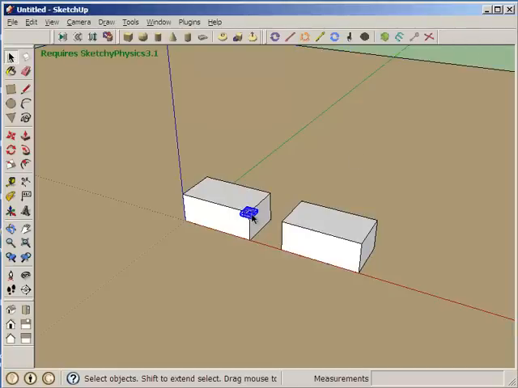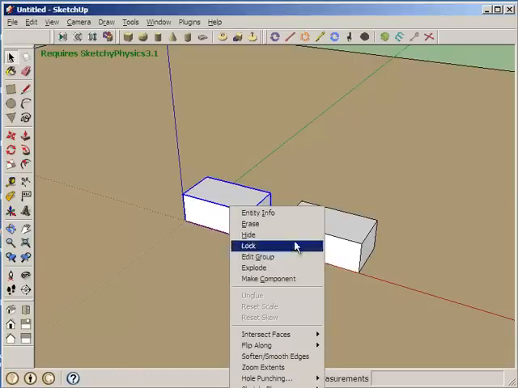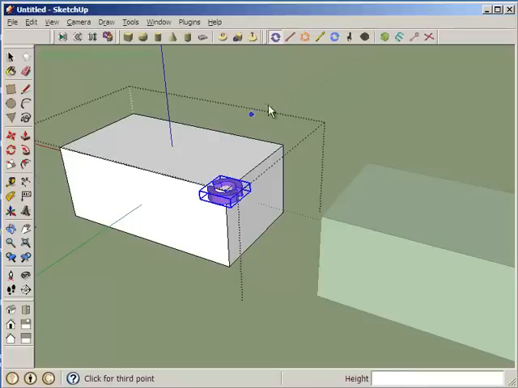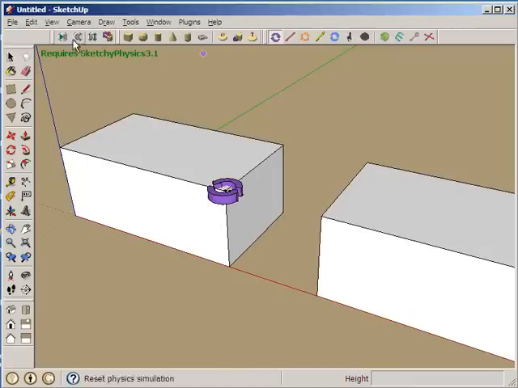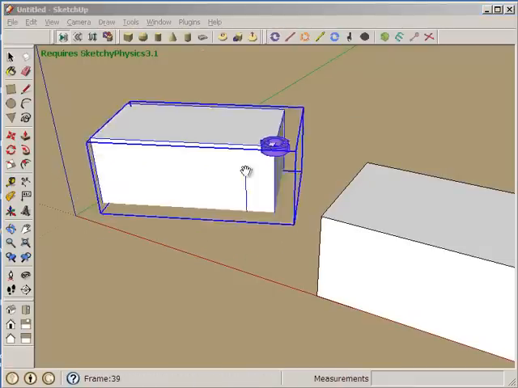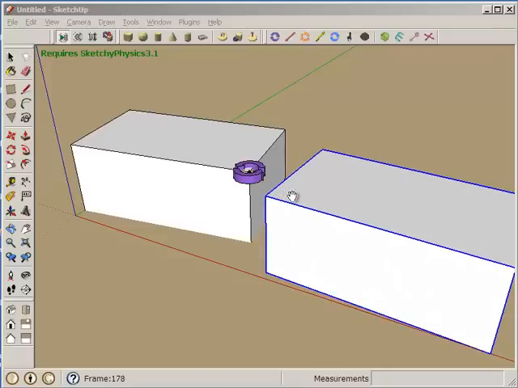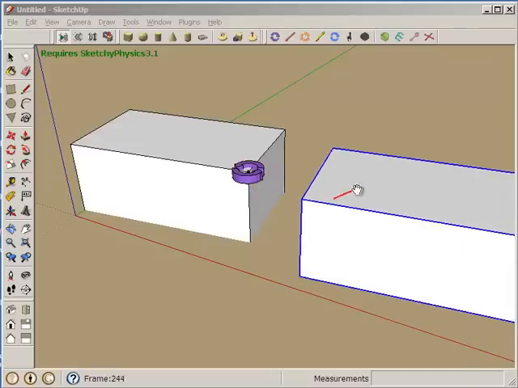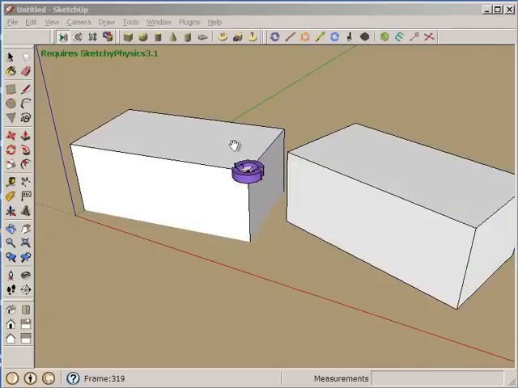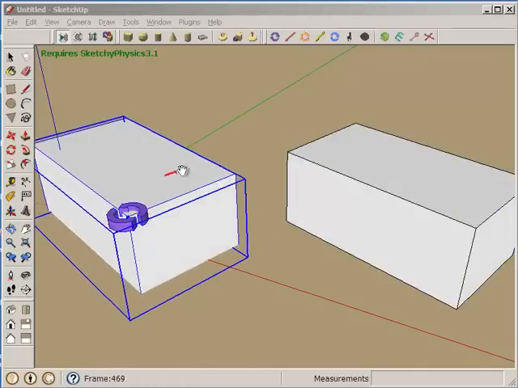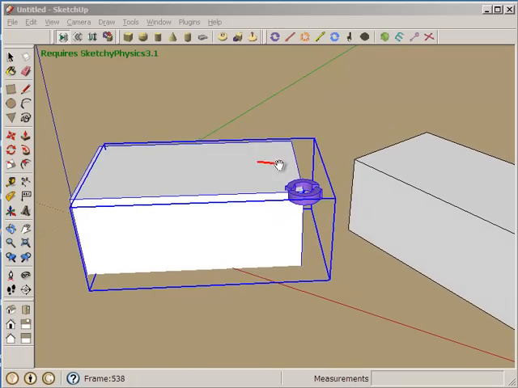Alright. One way to attach this hinge to a block is to take the block and open it up, edit the group. Then I'll take my hinge, put it on the corner here, orient it, close the group, run the simulation, and now this thing moves around. You'll notice that here the outline that borders this block is tight with the block. The outline here extends beyond the block and encompasses the hinge as well, and actually it's that outline, as you can see,